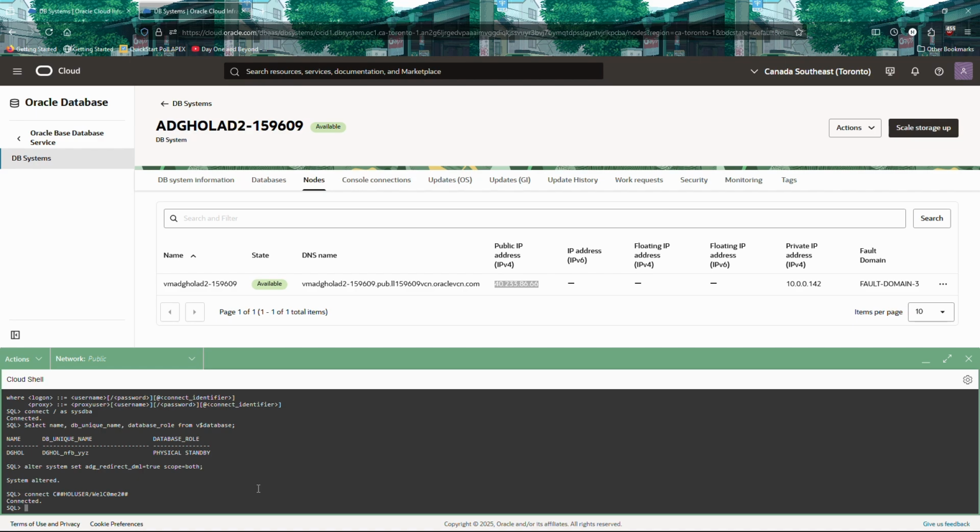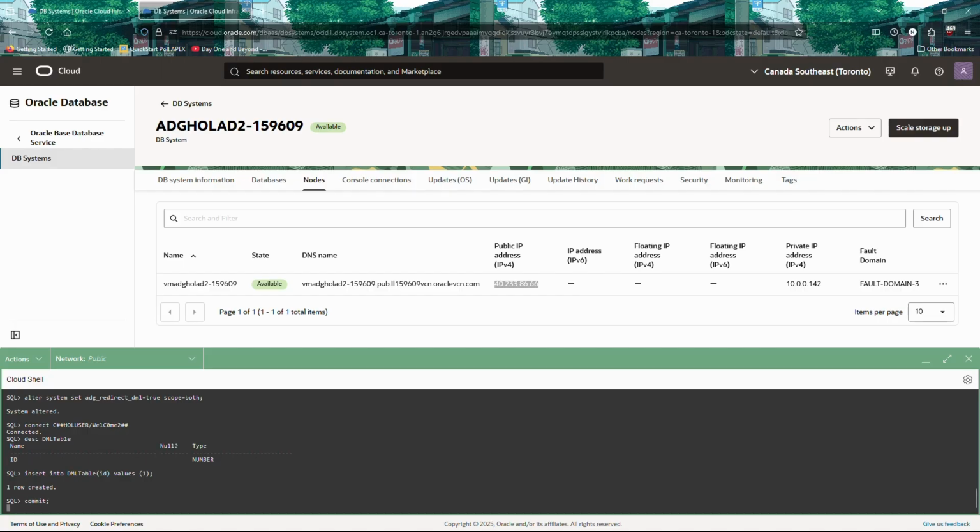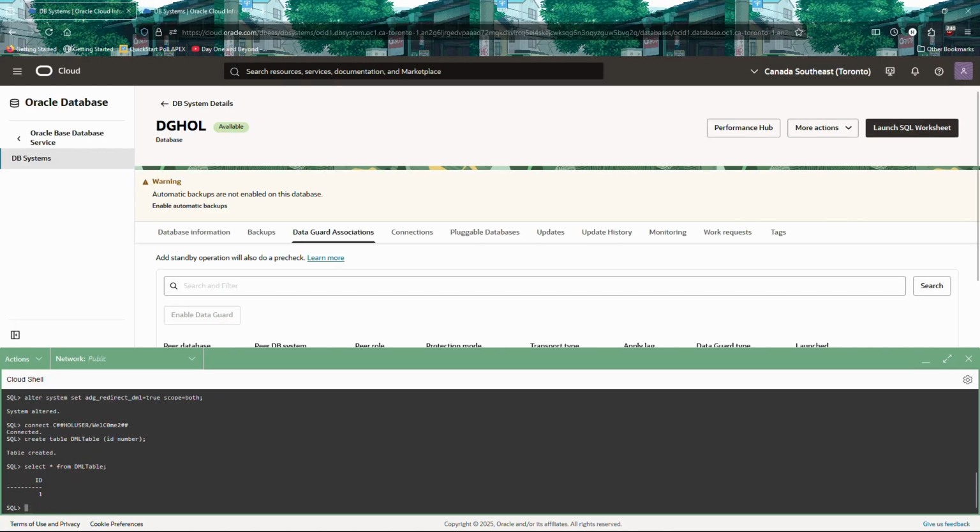we just created. So again, we created that table on the primary, and here we can see it exists on our standby. For the redirection, we're going to go ahead and insert into our table on our standby. So we can see one row has been created. And then we'll go ahead and commit. And then if we query that table, there we can see ID 1 means that the data has been successfully inserted into our SQL table. Now for our final lab, lab 5, automatic block media recovery, we're going to need to